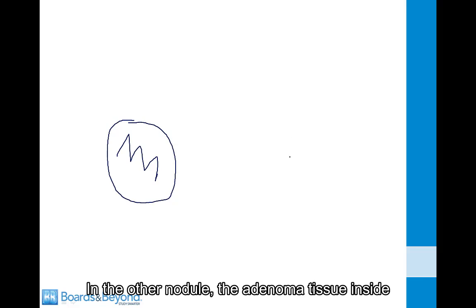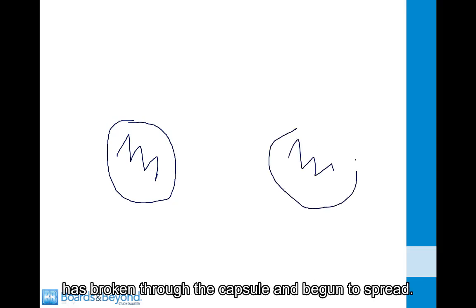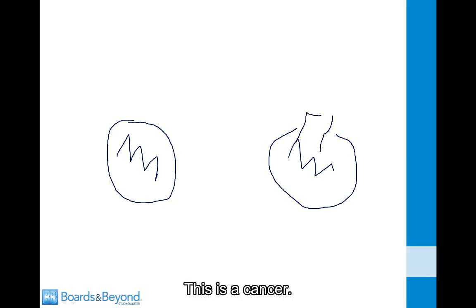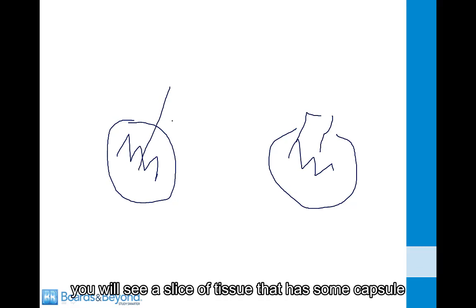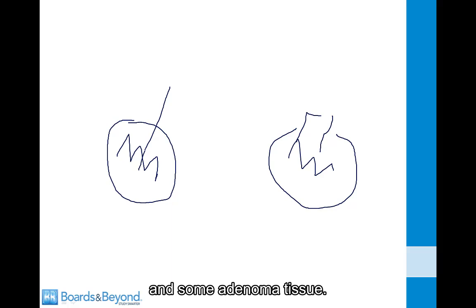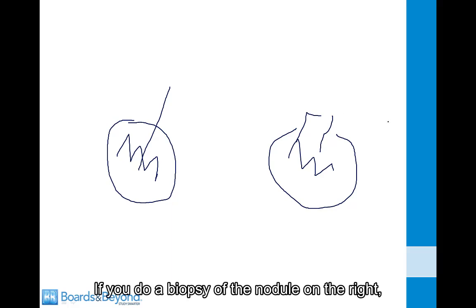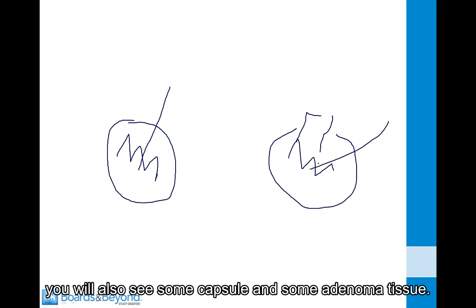In the other nodule, the adenoma tissue inside has broken through the capsule and begun to spread. This is a cancer. If you do a biopsy of this one on the left, you will see a slice of tissue that has some capsule and some adenoma tissue. If you do a biopsy of the nodule on the right, you will also see some capsule and some adenoma